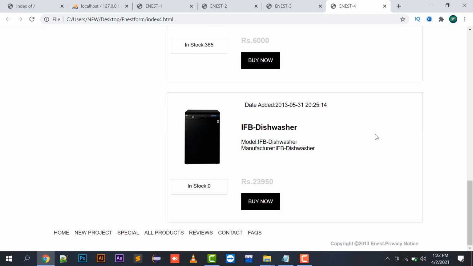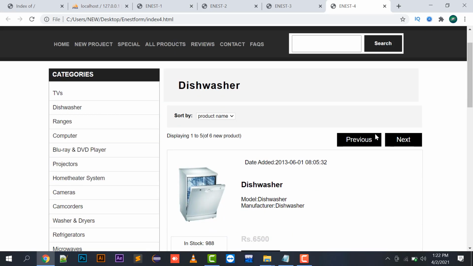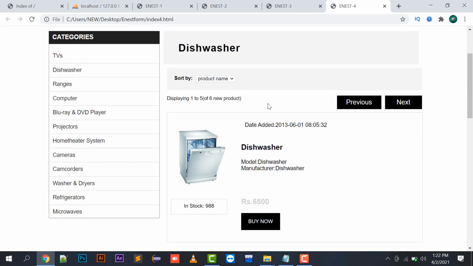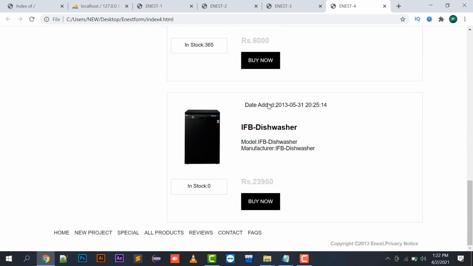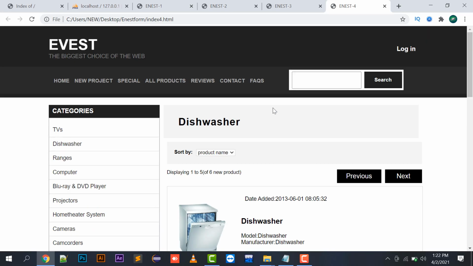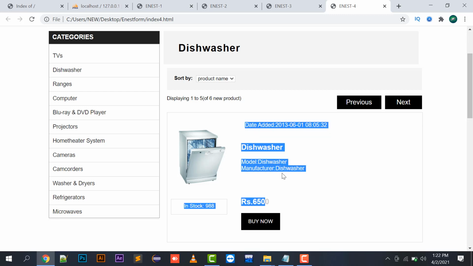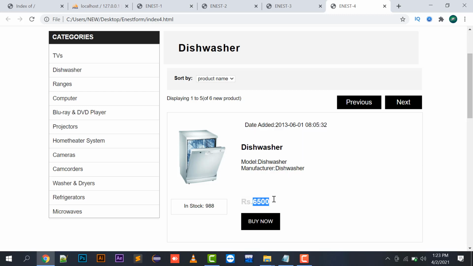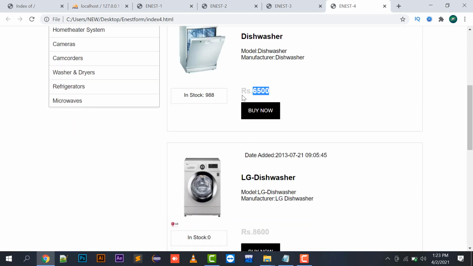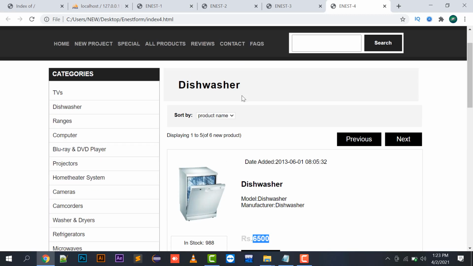Then this page is used for displaying the product categories wise, as well as to display all the products that are present in your database, right? So in this page we are going to display all the products like this: the title of the product, the model description and the manufacturer description, and the price, all displayed from your database.